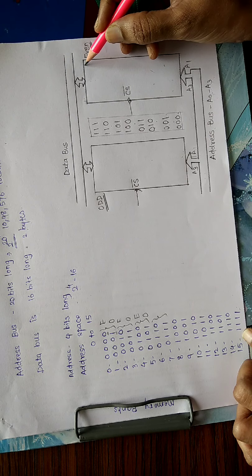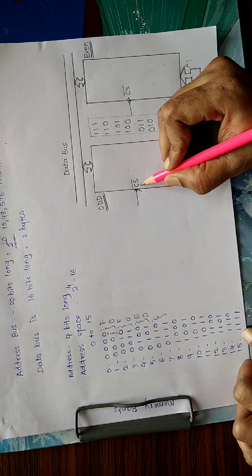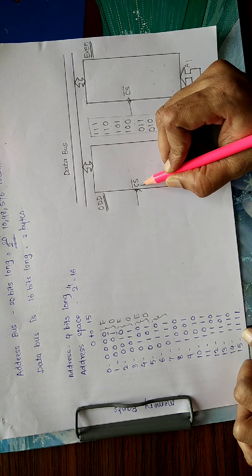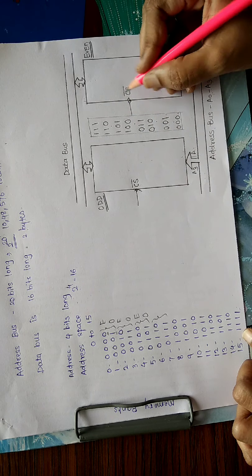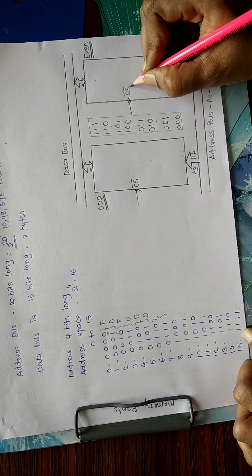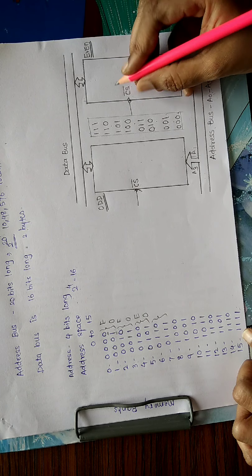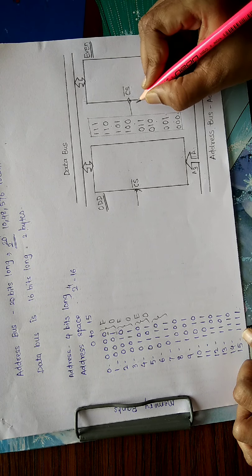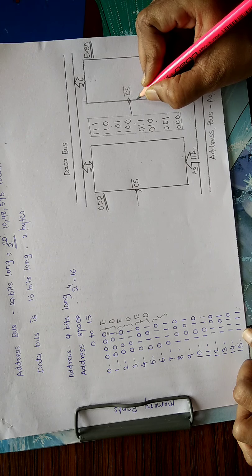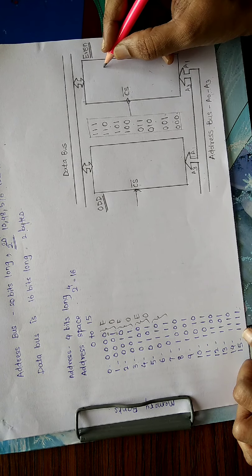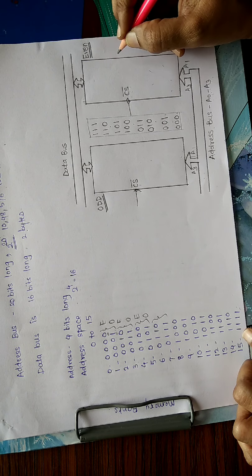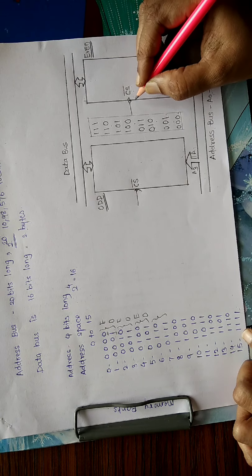Memory banks have a CS bar pin, which is used as an activation pin. CS stands for chip select, and it is active low, meaning when it is connected to 0, the respective memory bank gets activated, and when it receives 1,